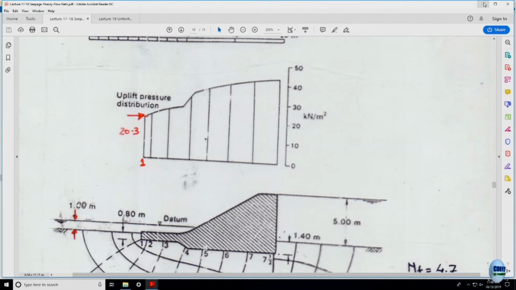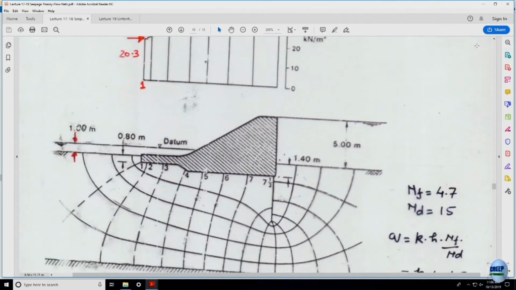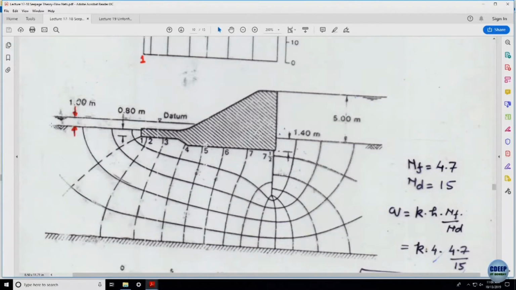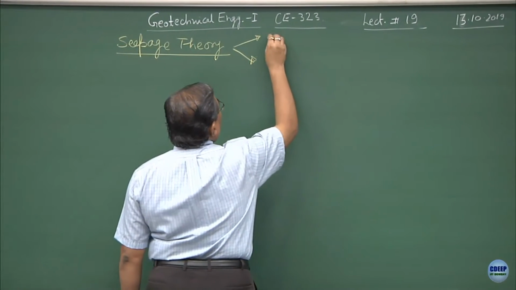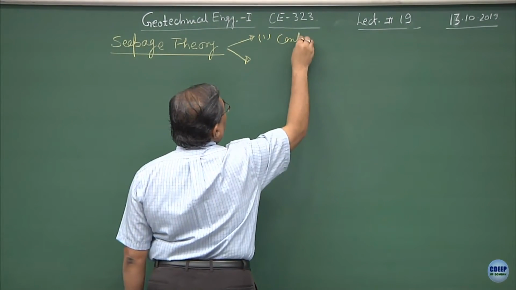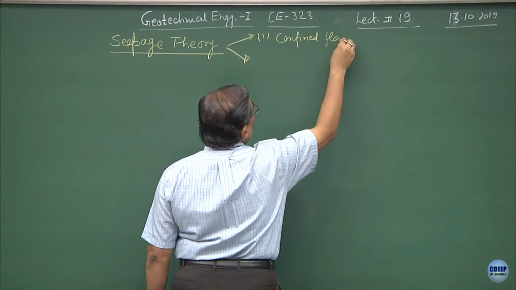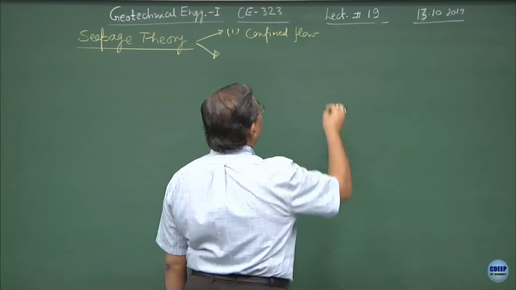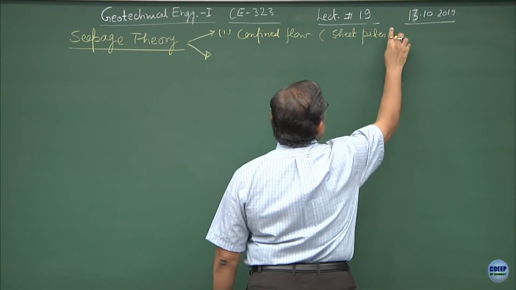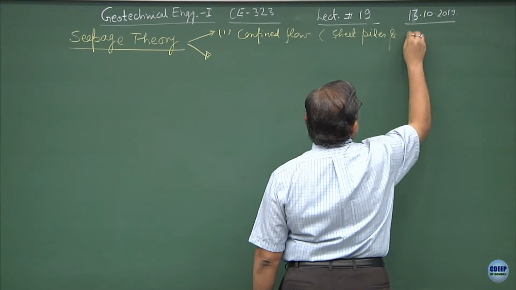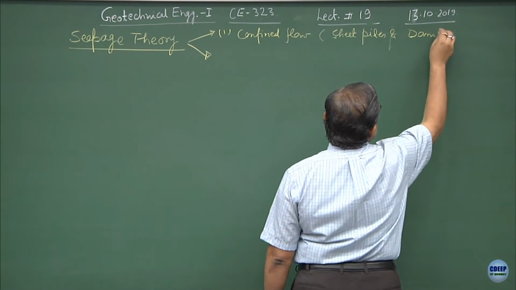As I said, in most of the cases here, whatever we have discussed until now, the porous media is confined by the boundary conditions. Alright. Now, I am going to take the situations where unconfined flow takes place. So, we have applied seepage theory to two cases. The one is the confined flow, mostly in case of the sheet piles, and earthen embank, or let us say a dam or a weir.